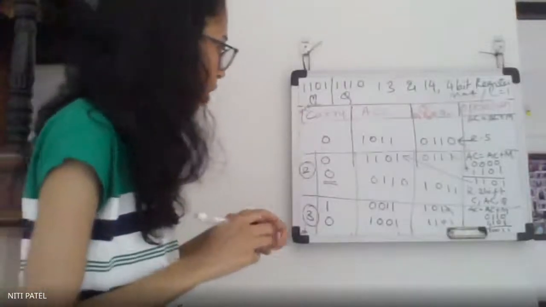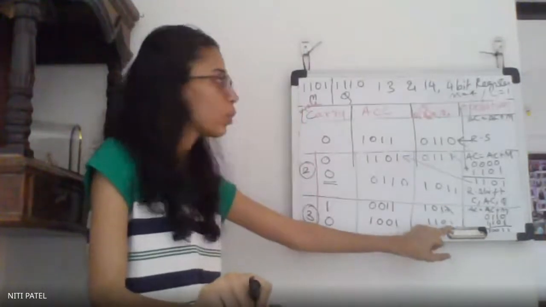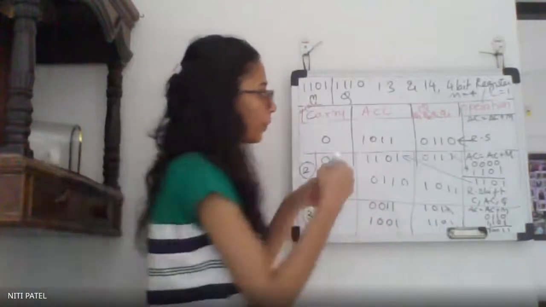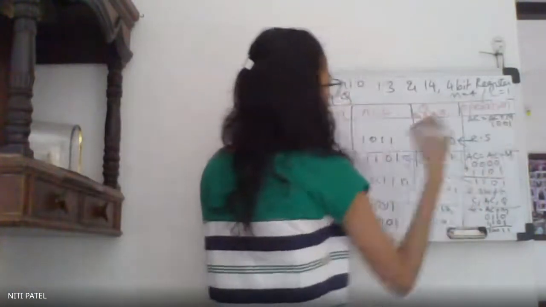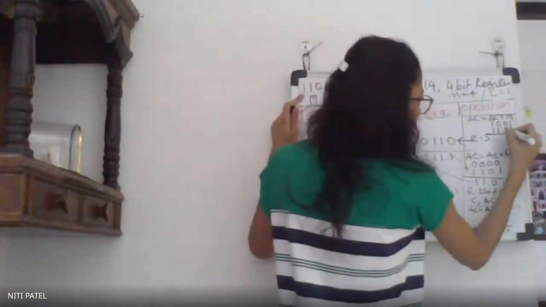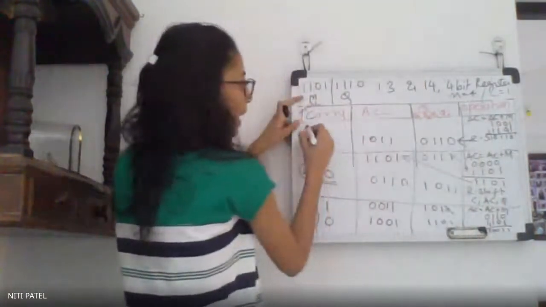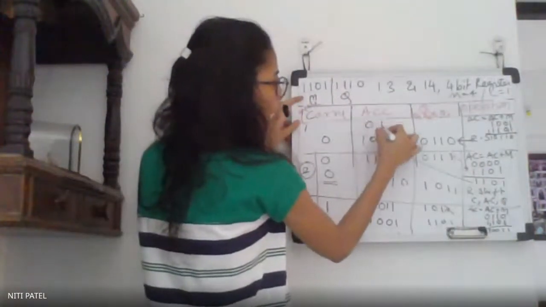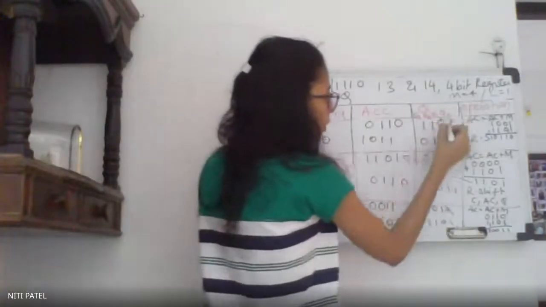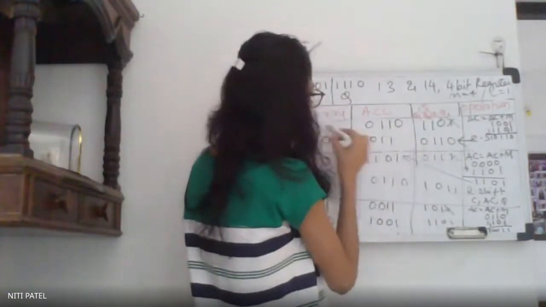Okay. So let us see now. We have 1 in the previous cycle at Q0. So what do we do? We do AC is equal to AC plus M. What is my AC? 1, 0, 0, 1. So I write 1, 0, 0, 1. I add it with M, which is 1, 1, 0, 1. What is the result? I get carry as 1, this as 0, 1, 1, 0, and Q is copied as it is. So when I shift, this is getting deleted: 0, 1, 1, 0, then 1, 1, 0, 1 and 0. Correct.